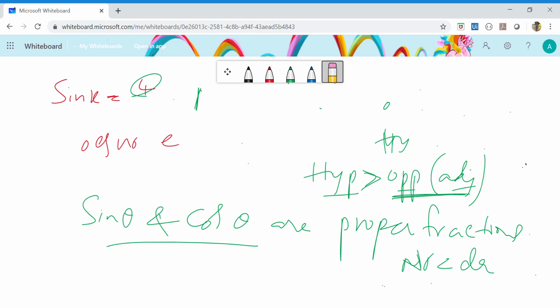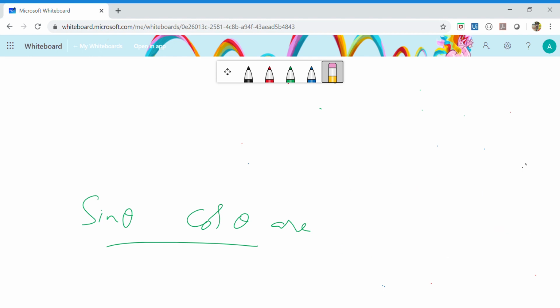Next, the second question is: the value of sin A and cos A is always less than 1. Why? The reason is that sin values are less than 1, meaning those are proper fractions. That's why they are always less than 1. Okay. Next, the third question is: tan A is the product of tan and A. No, tan A is not the product of tan and A. Tan A is a trigonometric ratio defined for angle A.